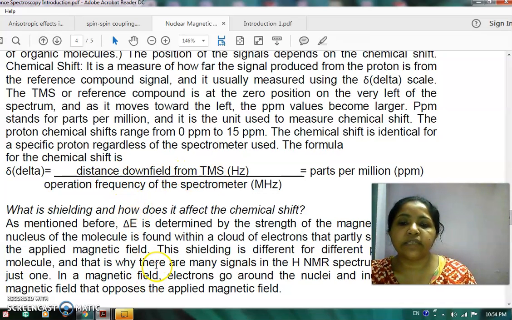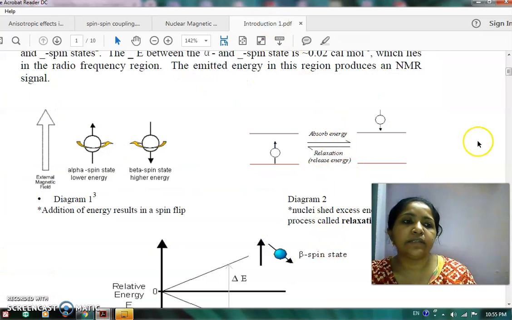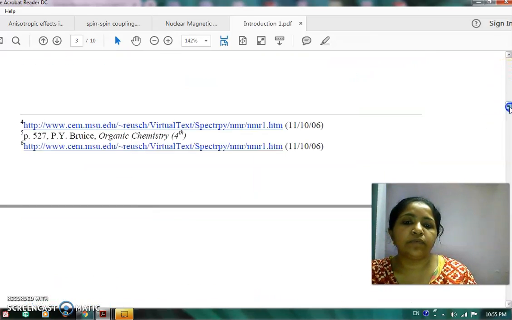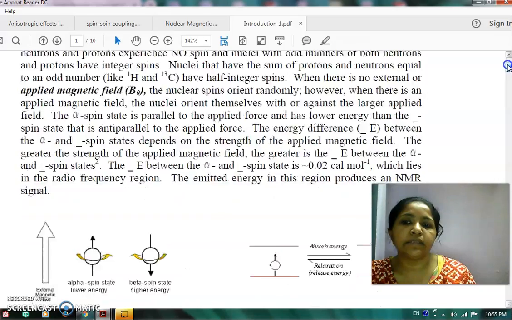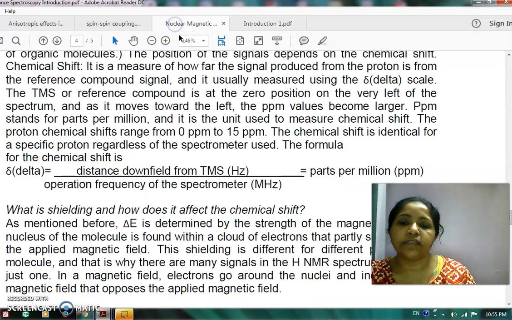Okay, so what is the distance? That is what delta is. Here, if you see this particular graph, this is TMS, and what is the distance from the TMS? So this is less distance, so delta is less, and this is far away from the TMS, so it is having more delta. So therefore, what we can say is, next what we have is